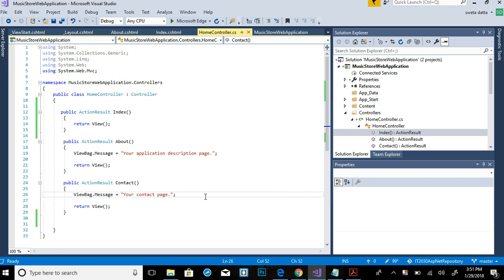MVC has a certain convention that it follows. So that is going to drive basically how the controller knows what view to call. For example, this is the home controller, and here is a method called index, and there is a call made to a function called View here. So what does that mean? It means that when this call is made,